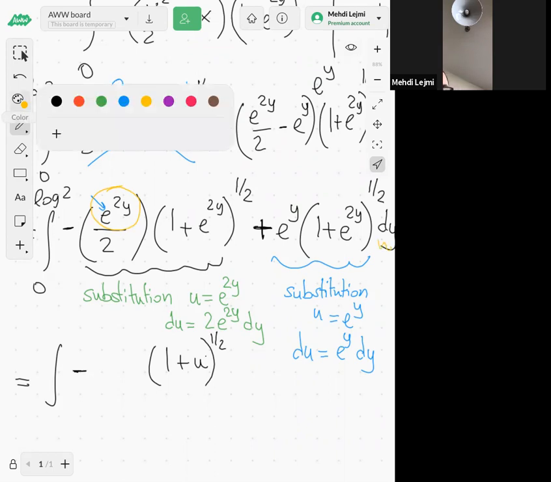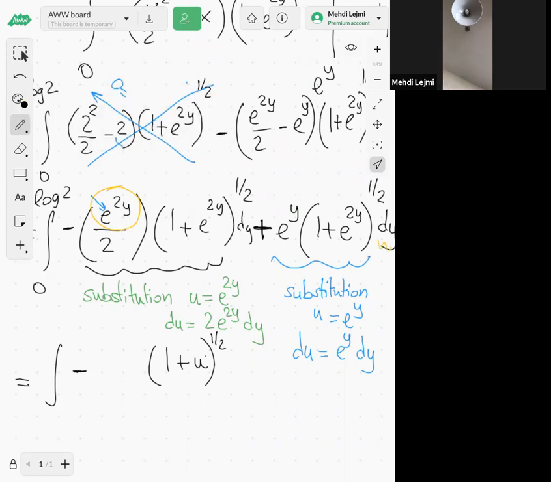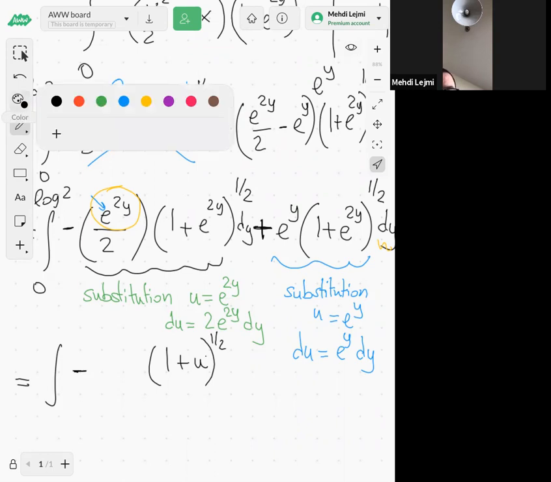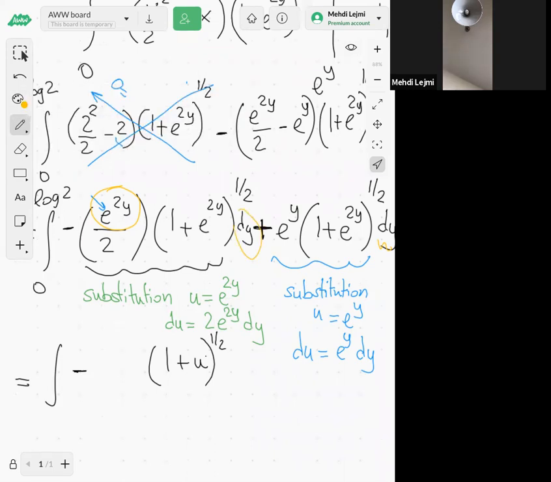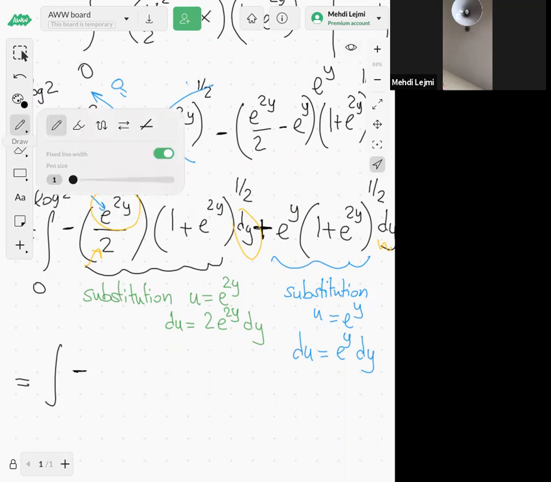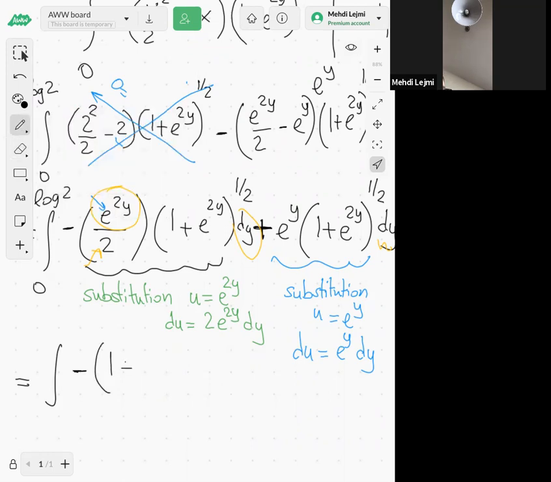With the dy, that will be du over 2. And then there's a constant 2 here, that will be du over 4. So this is minus du here over 4, right? Probably I should write it in front of here. So again, this is minus 1 plus u to the power half du over 4,